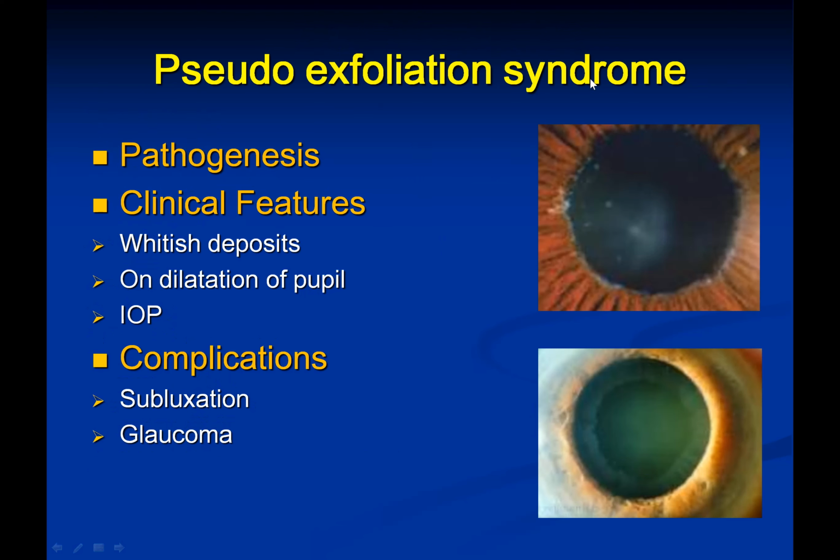Now, what is pseudoexfoliation syndrome? That is a cause of subluxation of the lens as well. It is a condition in which the ciliary body starts producing whitish protein particles, and they accumulate in the posterior chamber, on the iris, on the surface of the lens, and over the zonules. With the slit lamp you see its deposition on the margins of the pupil. Here white dots on the margin of the pupil and on the anterior surface of the lens can be seen. You can see them on the surface of the iris as well.